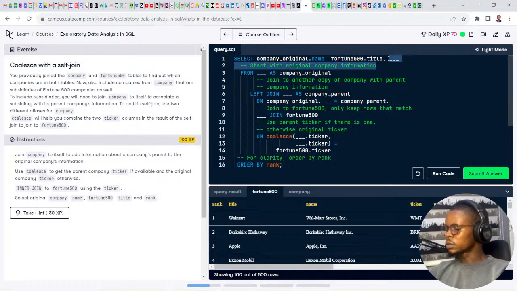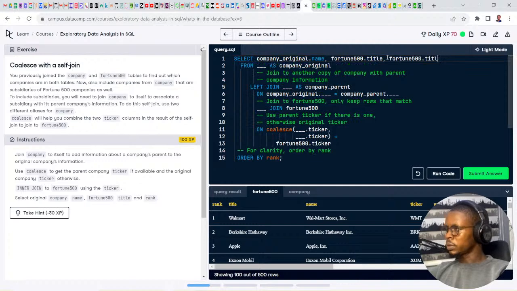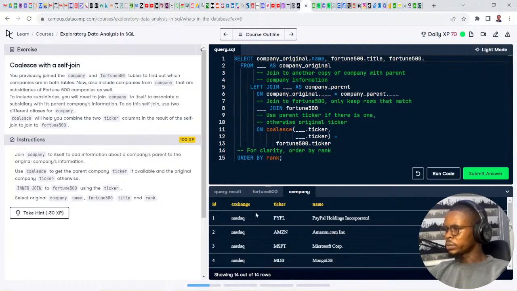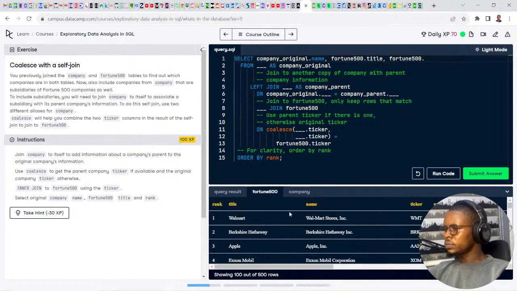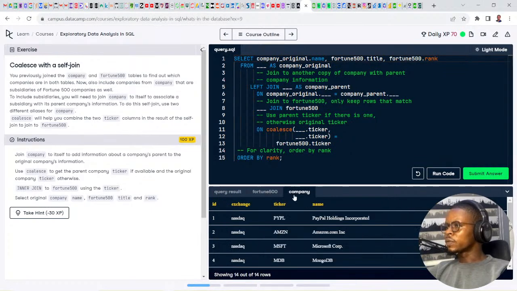Let's see that. For this one, I want to do the rank. I could just simply type rank there, because we have none of that here. Let's just do it like that first. And the rank. Aha, that is one of the problems, this is definitely from company original.